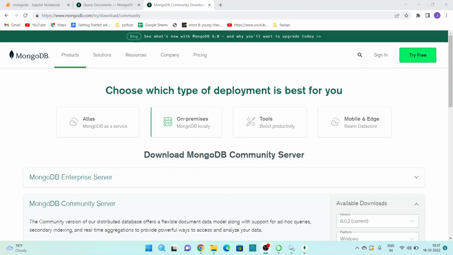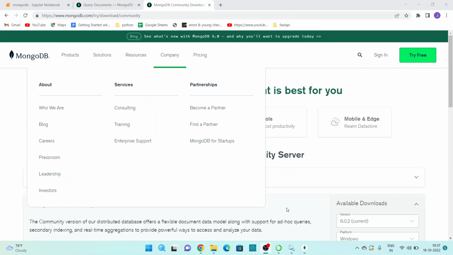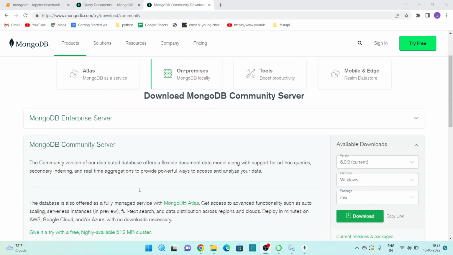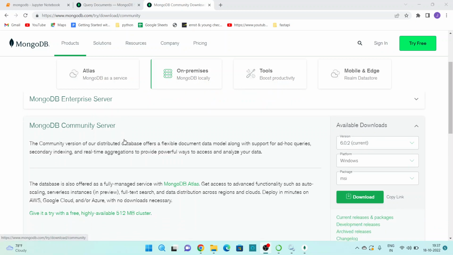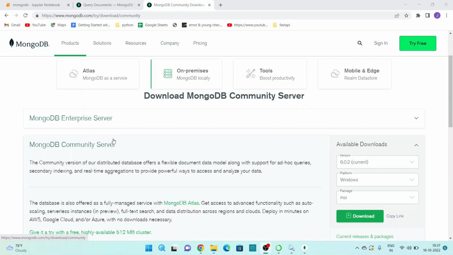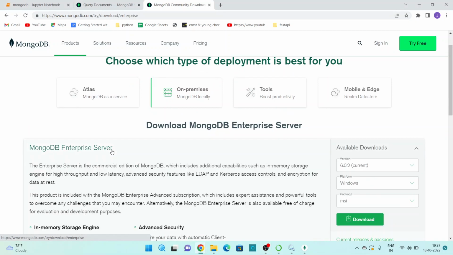We can install MongoDB in different versions: there is an enterprise server and a community server. For development and testing purposes, we'll use the community server. It's an open source component and has some features, such as real-time aggregations that provide powerful ways to access and analyze the data, and it supports secondary indexing also. Whereas the enterprise server,